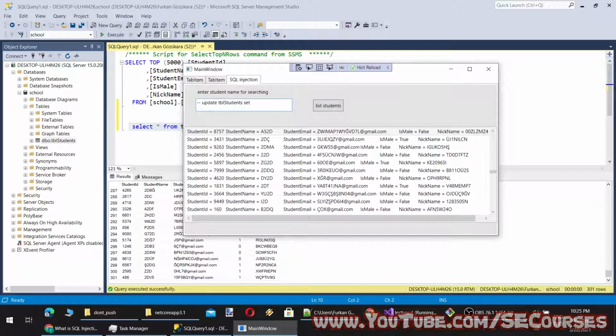By the way, to be able to use it, you have to know the table name in this case, and there are also other methods to find out table names if your application is vulnerable to SQL injection. Set student name equal to, let's say, Toros University, where student ID equals this one.